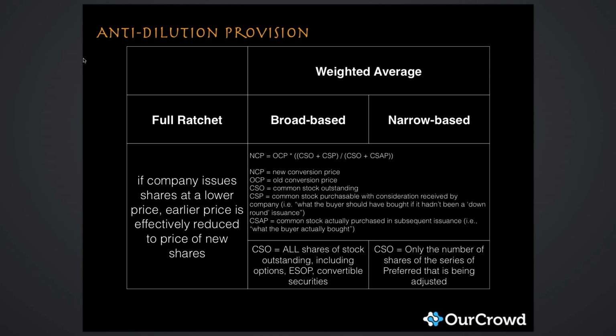So what narrow-based does, instead of including all of the shares of stock, including options and ESOP and convertible securities, is actually define the number of shares that should be included in that calculation. And the most common type of narrow-based is where it's referring just to your class of preferred shares or to only the preferred shares in general and not to all of the shares. So let's walk through some